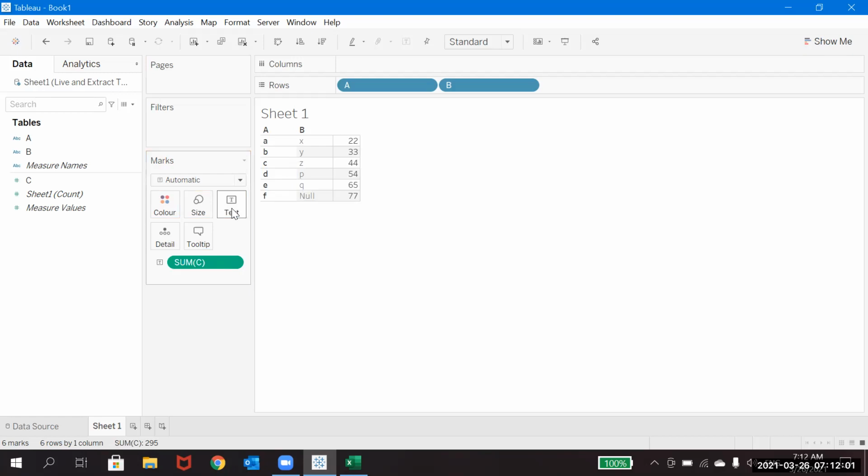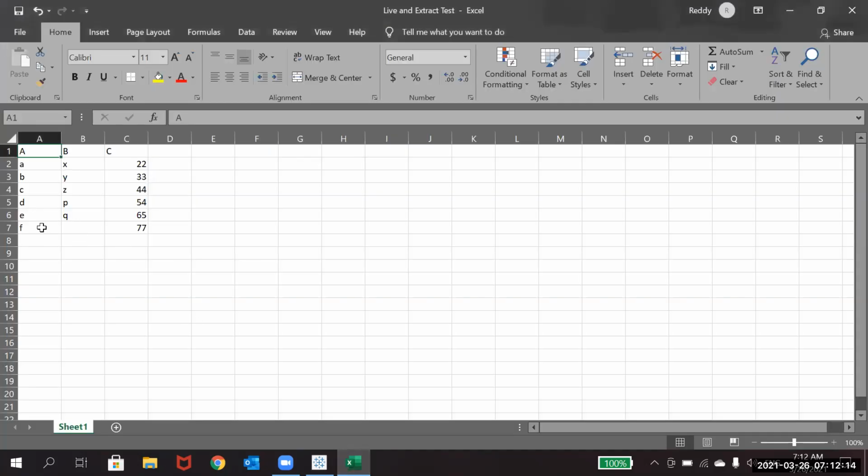See, the same data we have in Excel is displayed here. If you observe in column B, we kept it blank here. So what I'll do now is